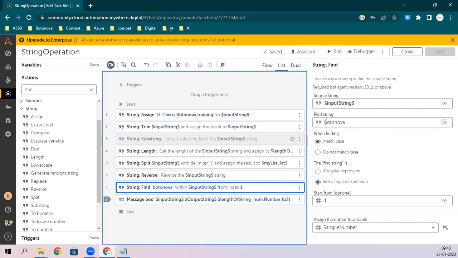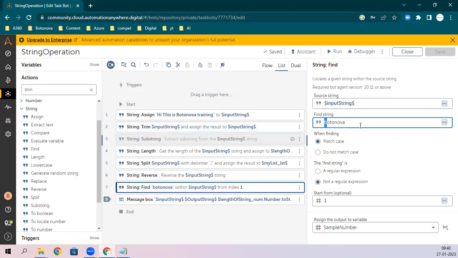So we have matched the casing, so we are not able to find this small Botanova with this capital Botanova. This is the one thing.